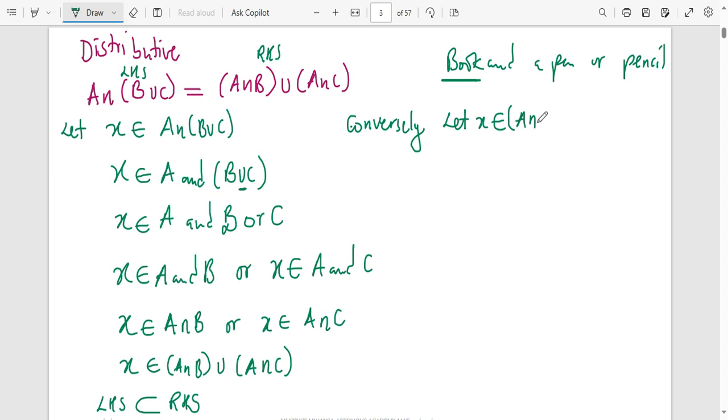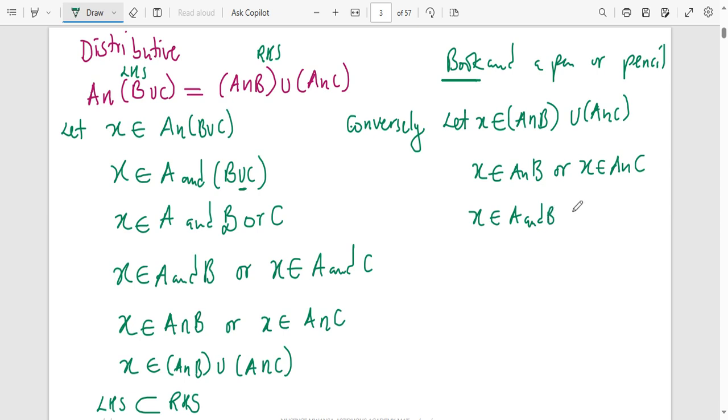A intersection B union A intersection C. This will mean that X is a member of A intersection B, but where there is a union, I'm going to put O. X is a member of A intersection C. This also means that X is a member of A, where there is intersection, I put and B, or X is a member of A, where there is intersection, I put and C. But if X is a member of A and B, or X is a member of A and C, this means that X is a member of A and